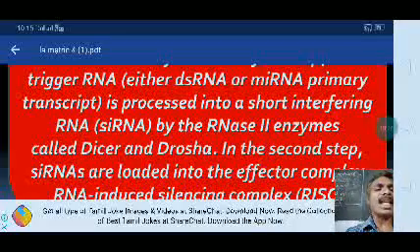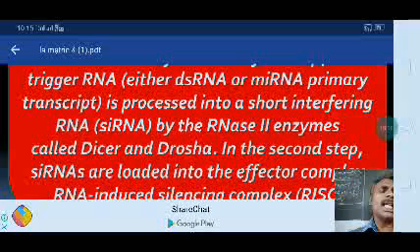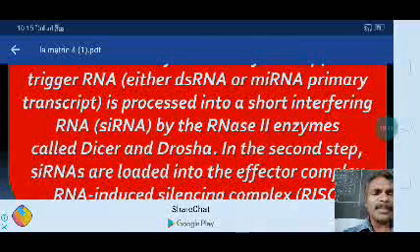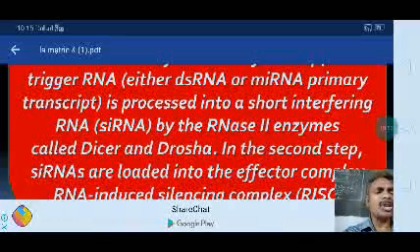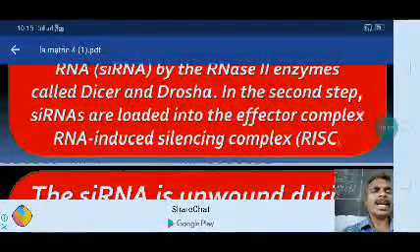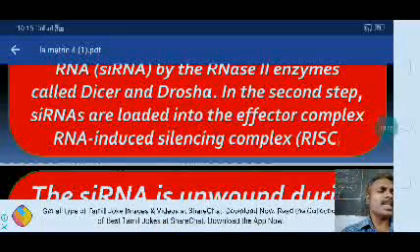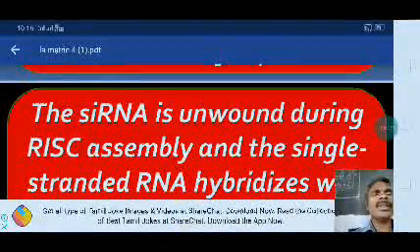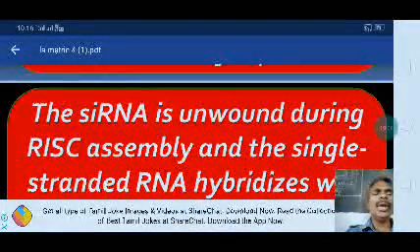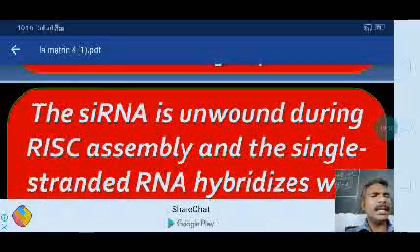The second enzyme is called Dicer and Drosha. I have to underline that one. In the second step, siRNA, short interfering RNAs, are loaded into the effector complex, the RNA-induced silencing complex, RISC. During RISC assembly this siRNA is unwound, and the single-stranded RNA hybridizes